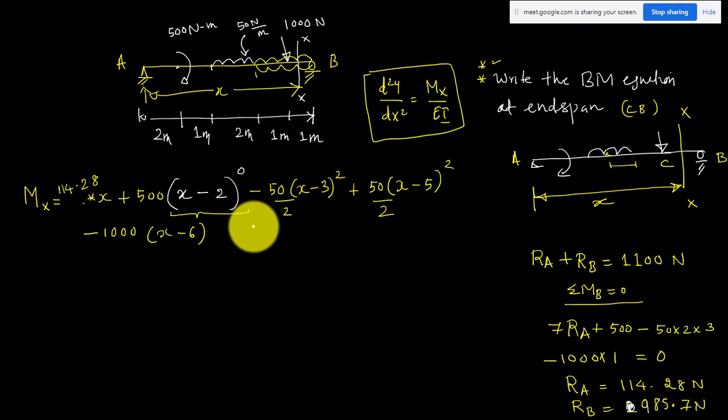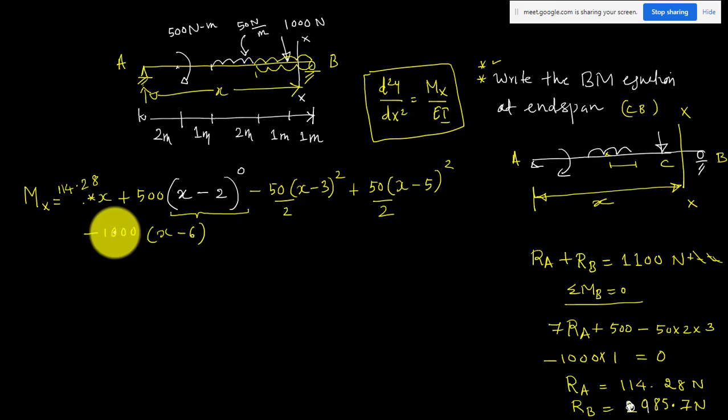Sir, applied RA value is 114.28. But sir, this is not the RA value for this loading, na? In this loading, we extended it. Yeah, we extend. I applied some 50 kilonewton per meter for a distance of... Oh, I got it. I have the same loading in the downward direction, so net effect is 0. Okay, yes sir. So here will be another term, plus the same term negative. So these two will get cancelled.